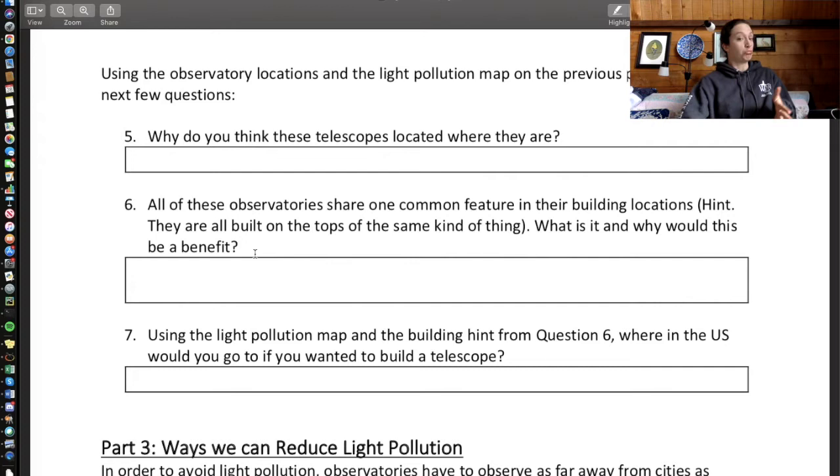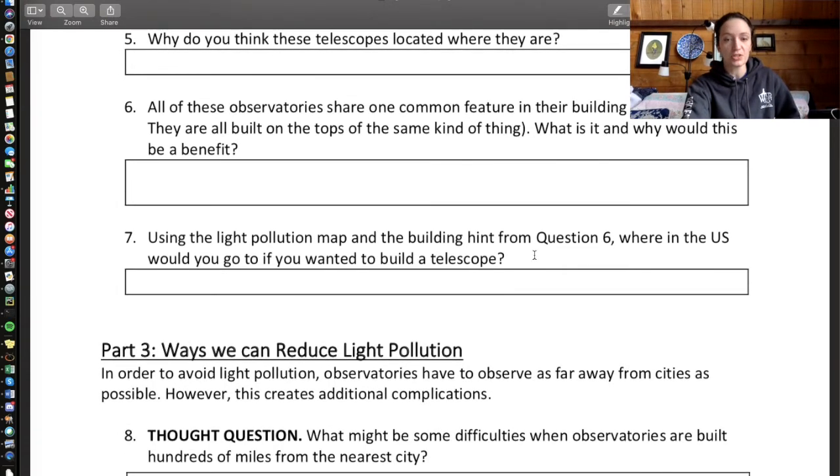And it's a really common feature. It's all across the US and all across the world. What is it? And why would it be a benefit? I've kind of listed off a couple ideas about this, so if you were paying attention, you should know how to answer this. So then number 7, using the light pollution map and the building hint from question 6,